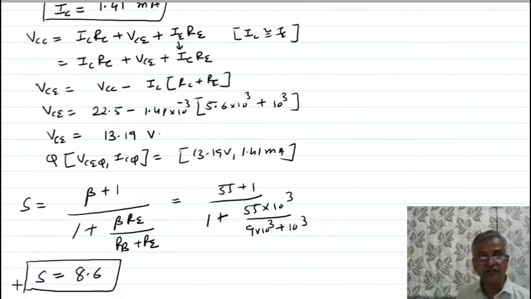You can see here in this example, in a voltage divider bias, the value of stability factor S is very low. Here I am ending the lecture. In the next lecture, we will discuss only numericals, so you will get the idea how to design the circuit.